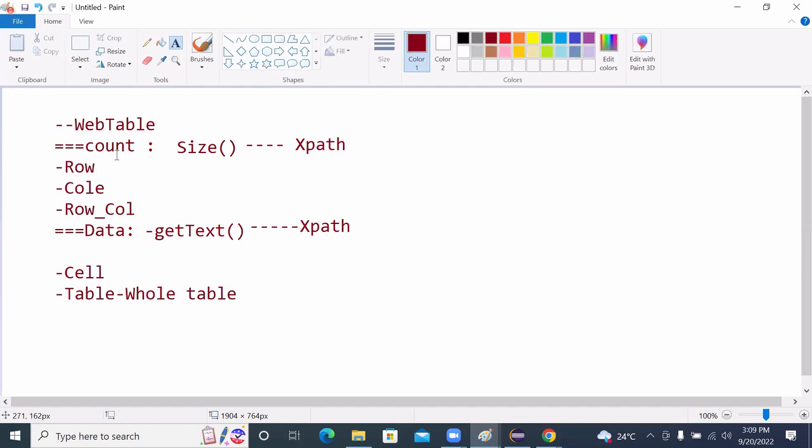In case of count, what count can we retrieve? Row count, column count, row and column. In case of data, data from a particular cell, data from the whole table. Either we can retrieve the data from a particular cell or retrieve the data from the whole table. To retrieve the count, what is the method name? Size. So size is a predefined method which is used to retrieve